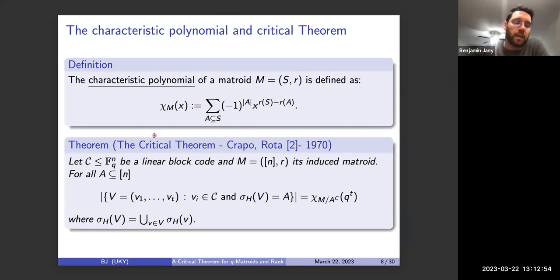Crapo and Rota. So the characteristic polynomial of a matroid is the following. We take the polynomial where we sum over all subsets of the ground set of those terms right here. Okay, so it's a polynomial in one variable. And so using this characteristic polynomial, we can get a lot of information about a code that induces a matroid. And so the critical theorem by Crapo and Rota states that